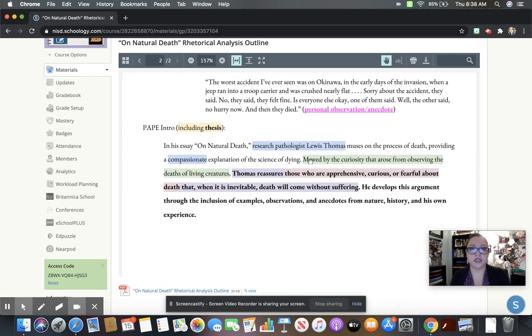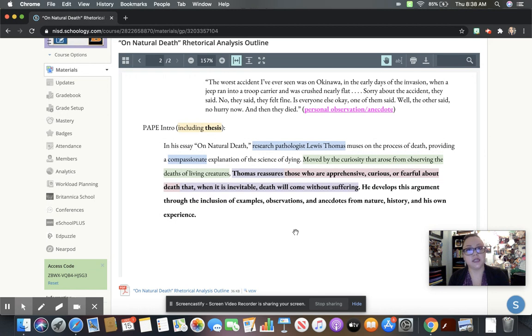So notice this introduction that is color-coded. These colors still match the PAPE chart, but now I also have a thesis statement. And in this particular intro, my thesis statement happens over two different sentences. I could always revise those. I'm not really 100% comfortable with it being 2 sentences, but when you see the way that it's written, it's